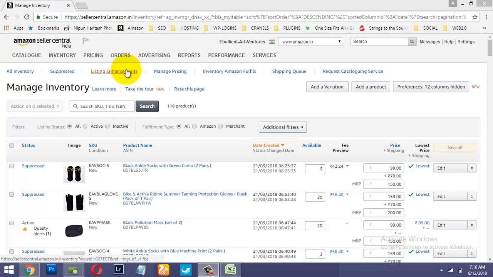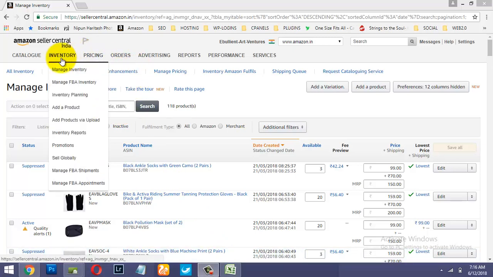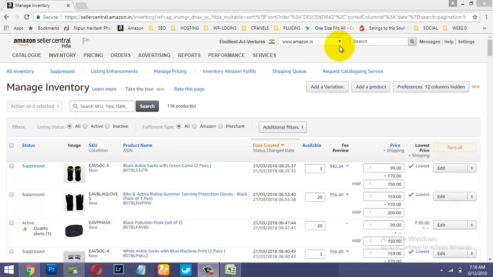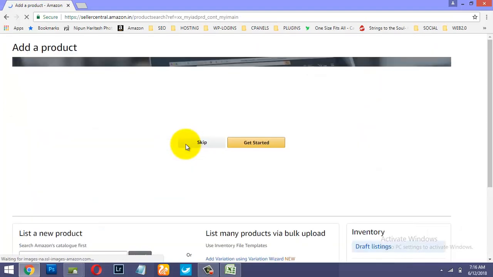Once you log in into the Seller Central, you can go to Inventory and you can click on Manage Inventory, and then on the right hand side, you get an option, Add a product. You click that